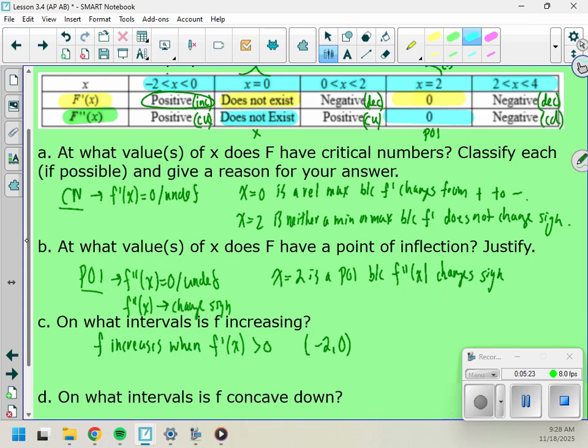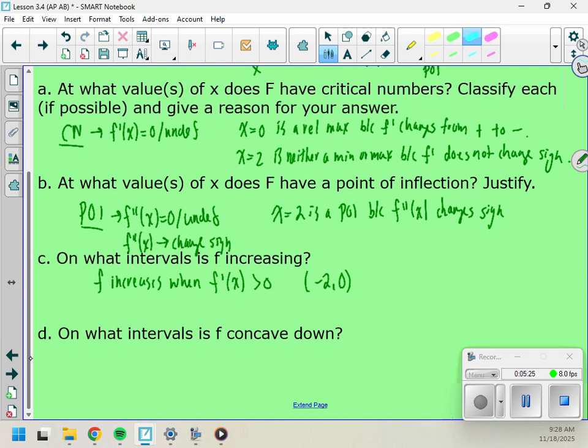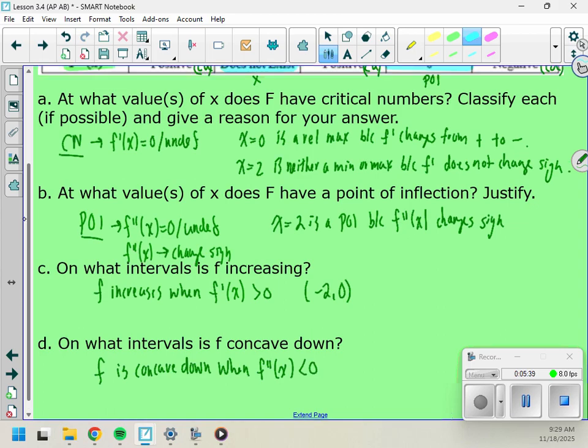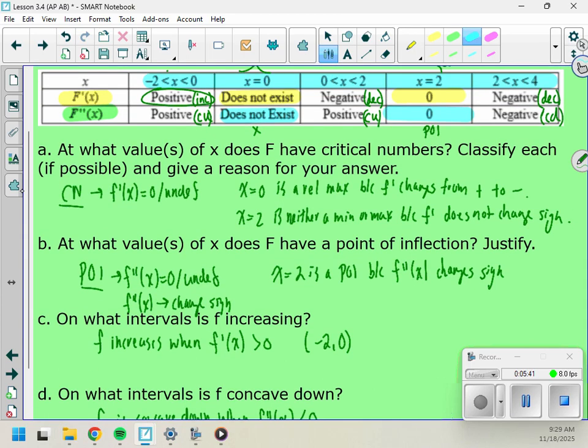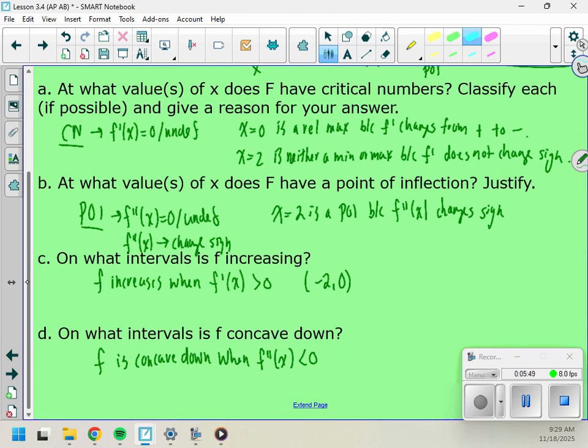And then on what intervals is f concave down? f is concave down when f double prime of x is less than 0, or negative. That happens right here when the second derivative is less than 0. It looks like that happens from 2 to 4. So 2 to 4 is my final